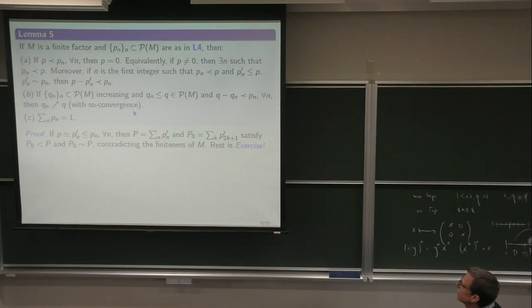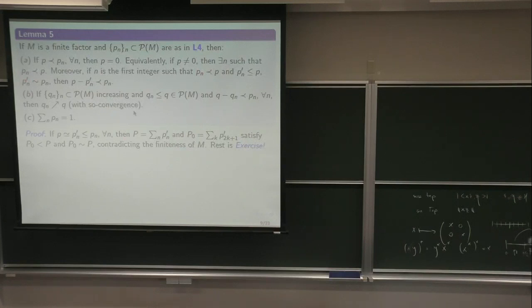Equivalently, if P is different from 0, then there exists an n such that Pn is less than P. Moreover, if n is the first integer such that Pn is majorized, that's the word one uses for this symbol, P majorizes Pn, and Pn prime less than P is the one that's equivalent to Pn,